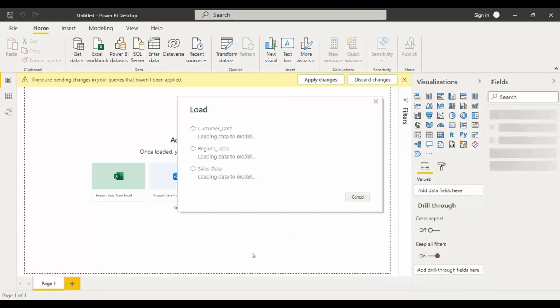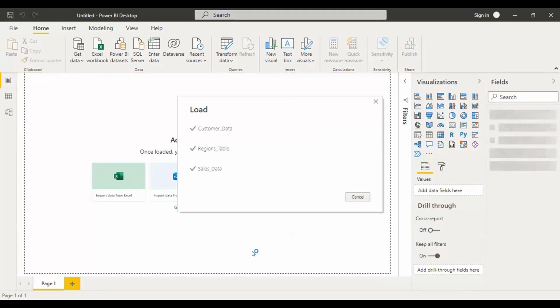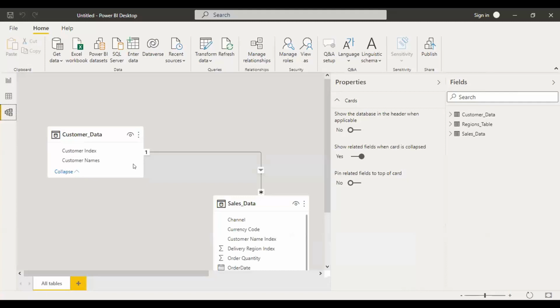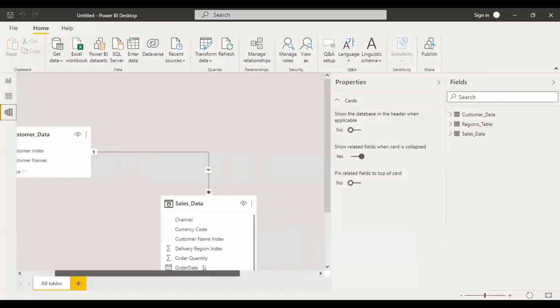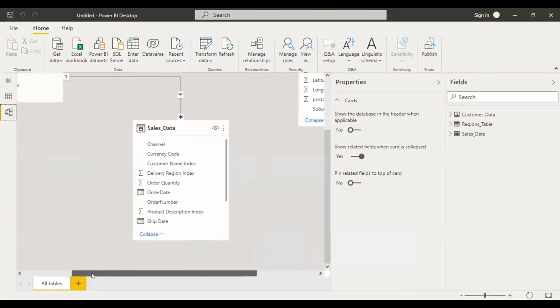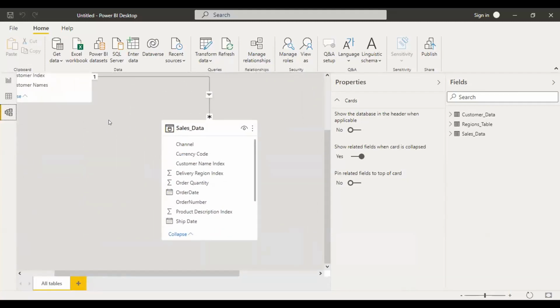Here, when the data is loading, we will observe that by default the data model is taking the relationships between the tables. So if we want to see what happens, go to the file. First, I want to show the data model. The data model here is showing the data relationships between the tables, like one-to-many or one-to-one relationships. In this, between these 2 tables, it is showing a one-to-many relationship.